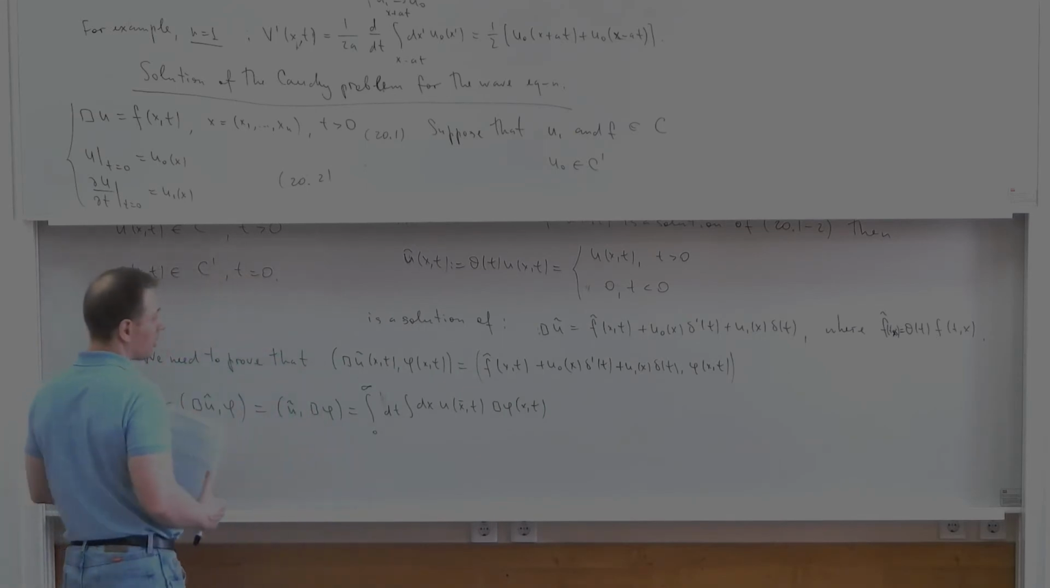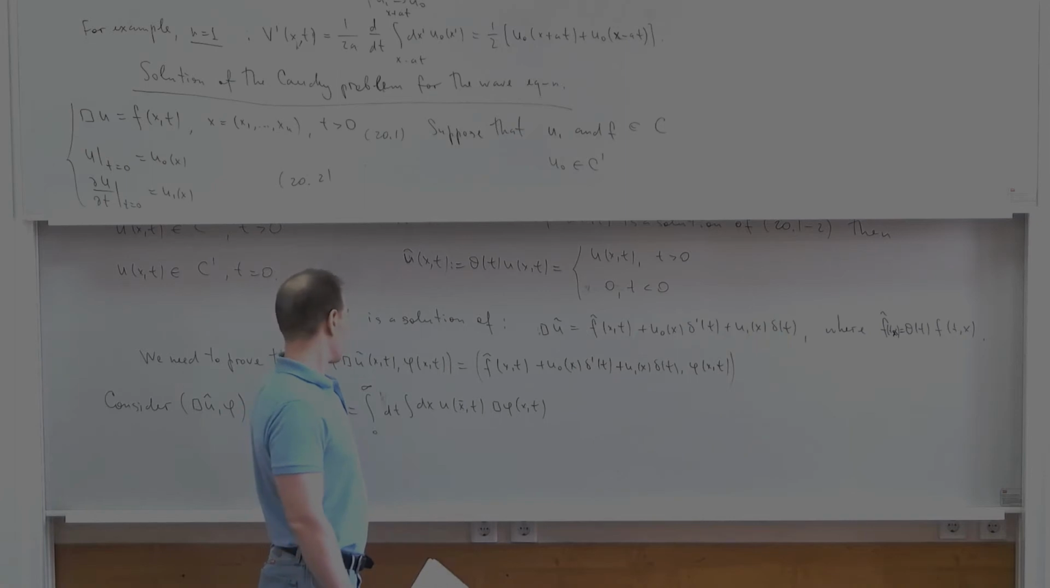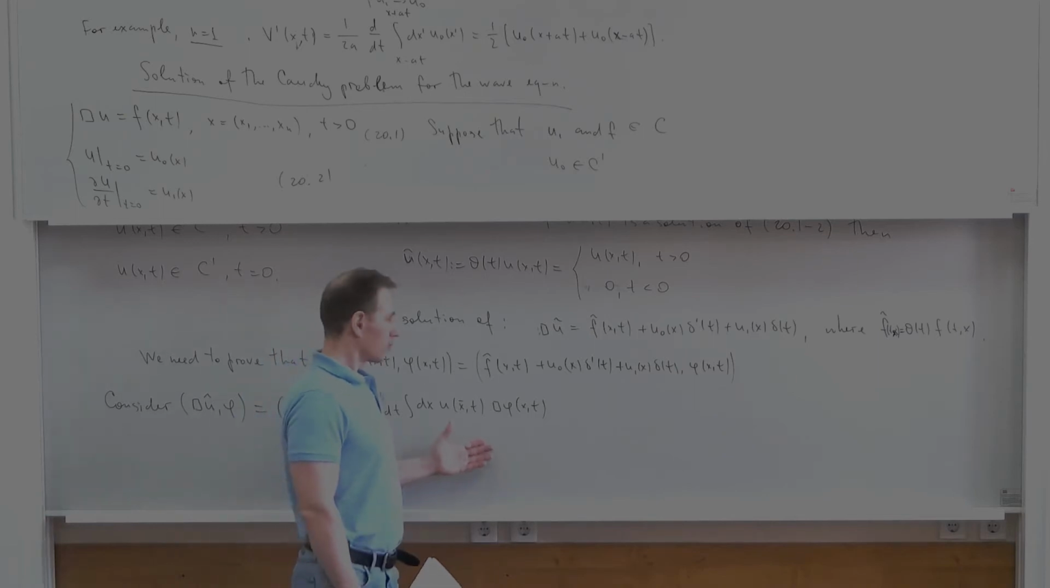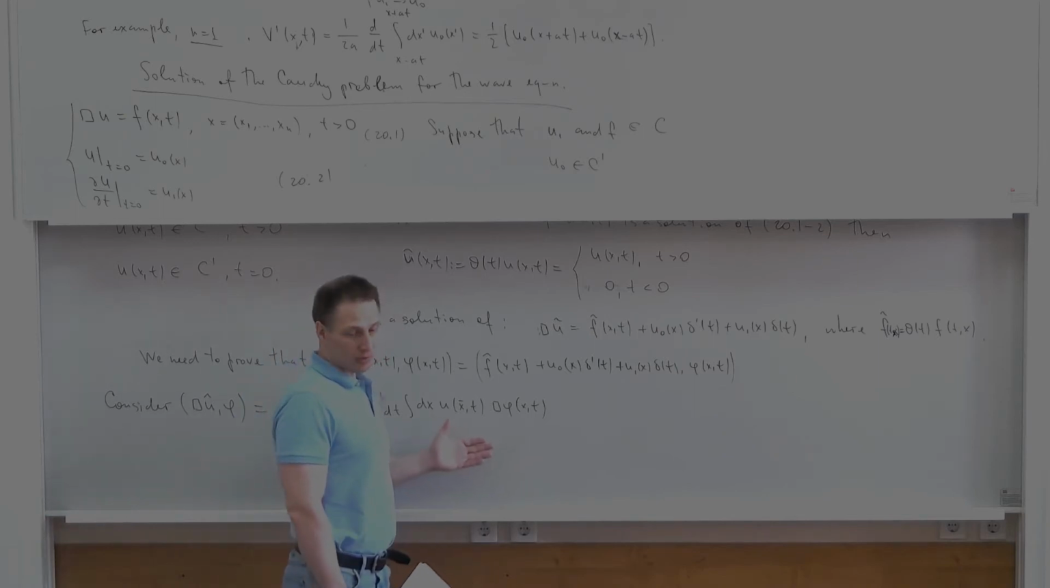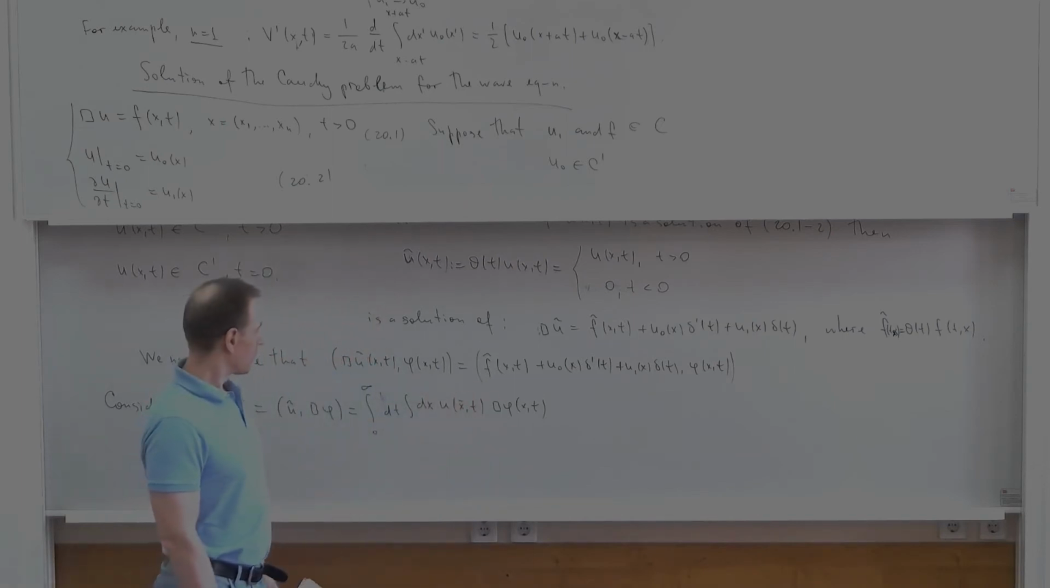Then the main idea, or the main trick that will allow us to prove this equality is an integration by parts. Namely, we integrate by parts this expression. Then there will appear several terms. One term will be